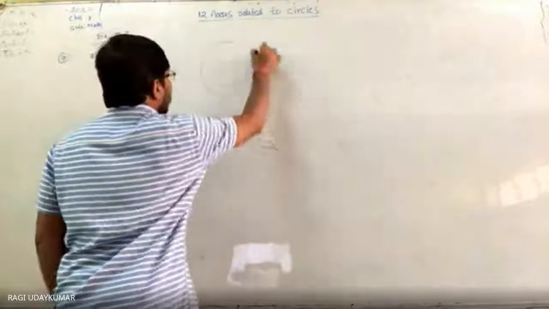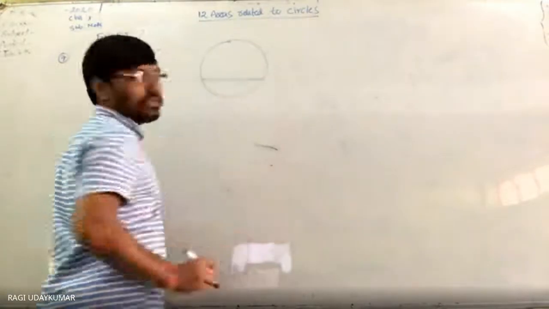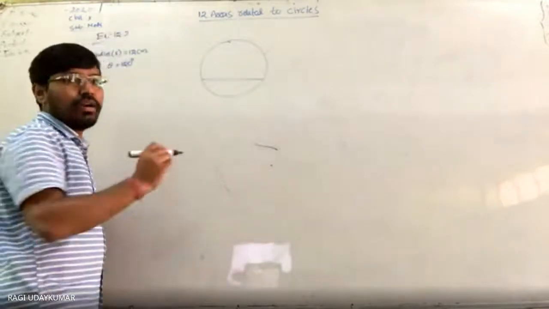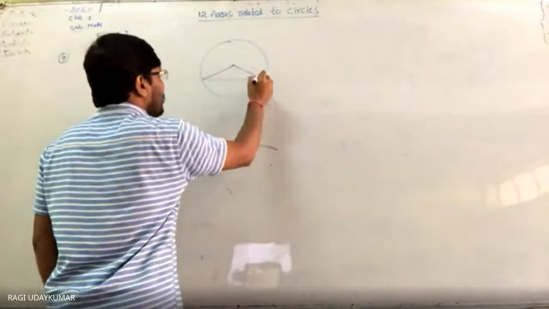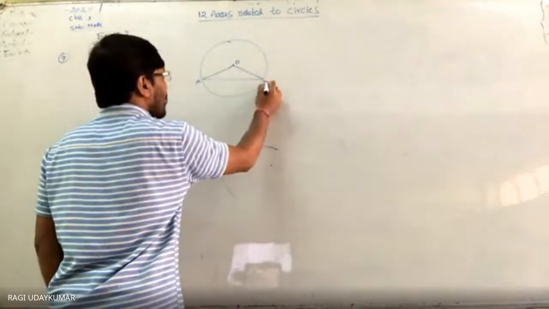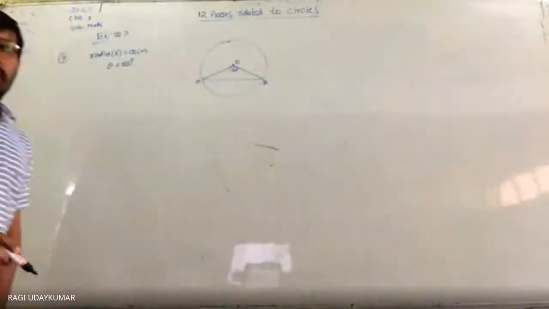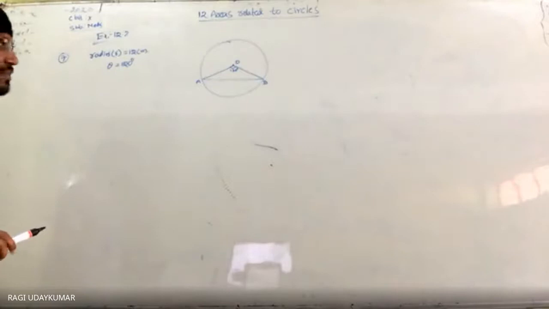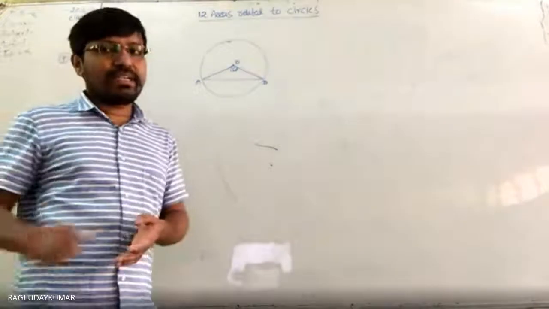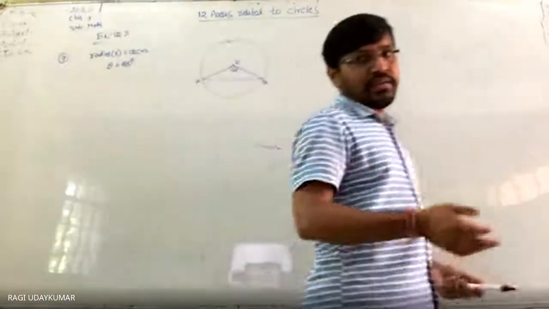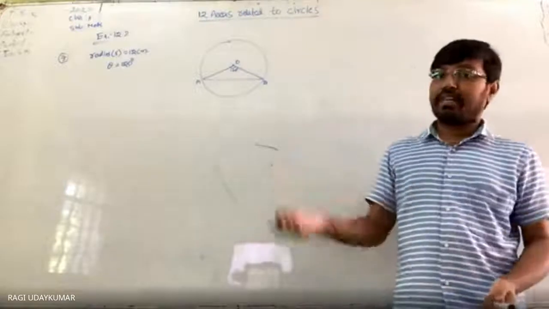So 120 degrees at the center, and this is a chord. Maybe it is a little bit more lengthy; even if you draw it approximately, this is the 120 degrees. Now the area of this triangle has to be found out. Whenever 60 degrees is given, we get an equilateral triangle, so it is root 3 by 4 times the side square. And whenever 90 degrees is given, to find the area of the triangle,